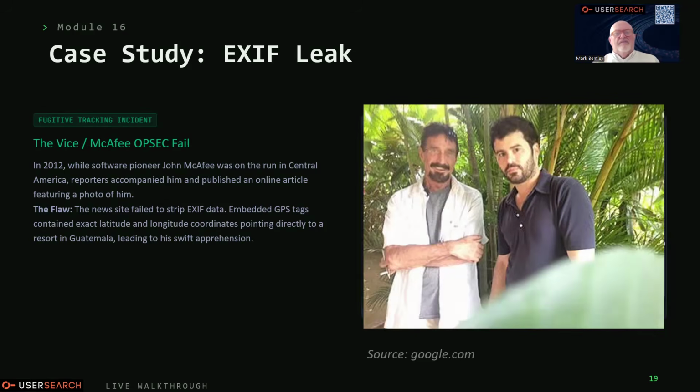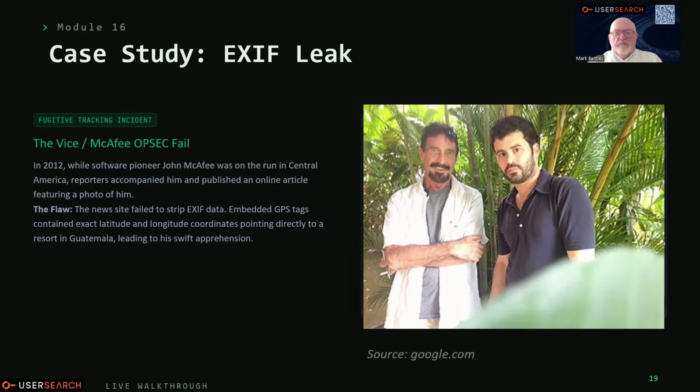Famous picture of John McAfee. The story is this picture, allegedly, was uploaded on the internet. John McAfee actually disappeared off the face of the earth, the man who created McAfee antivirus. And it was believed that he might have crashed his plane or died or whatever. He wasn't around anymore. So they wanted to find out if this picture was taken before or after that event.